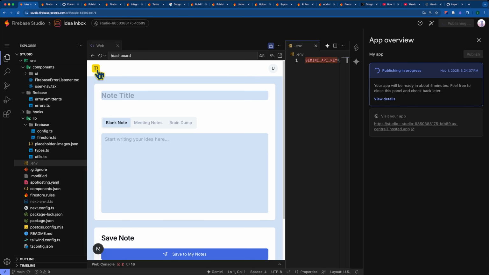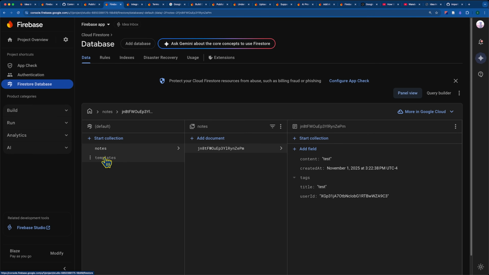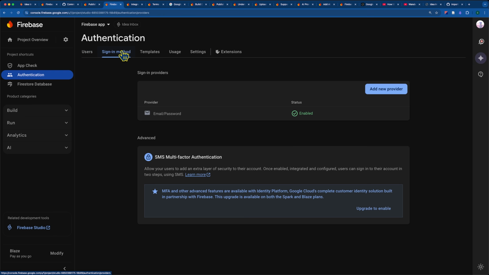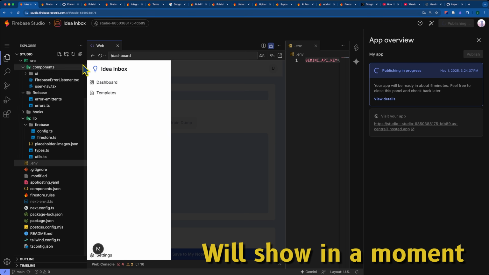We've built a fully functioning application that has the ability for me to write notes, upload templates, and then save those notes to my actual backend where they've got a collection of information so the data persists. I've also introduced an authentication layer so people are able to sign in, and I can update that as much as I want to. Then I was able to publish the app, which is in process, and this app would then be live for